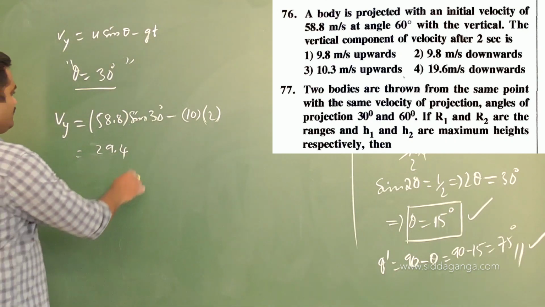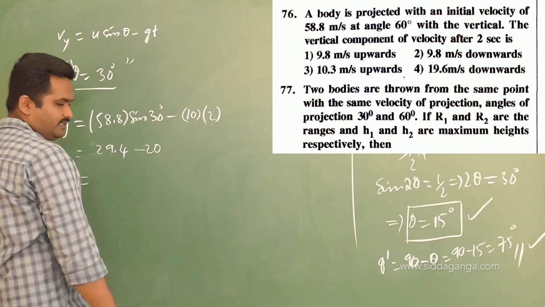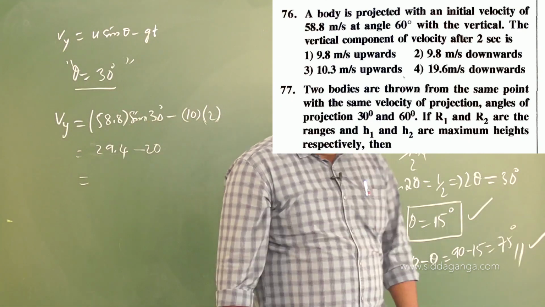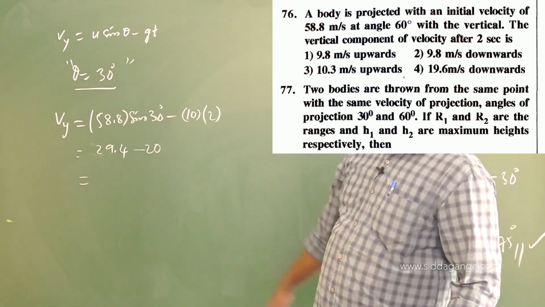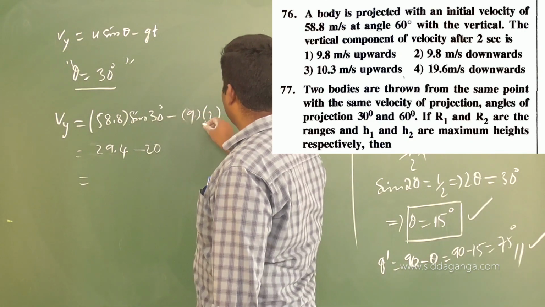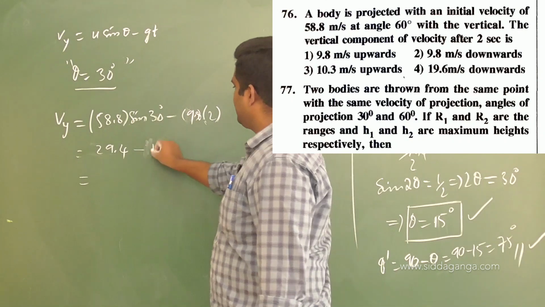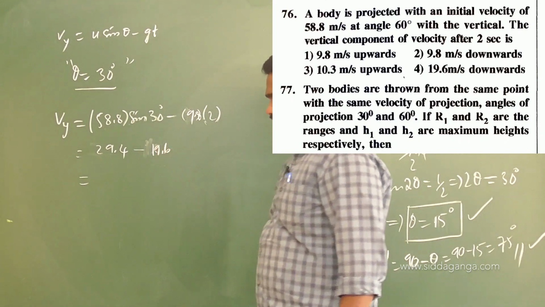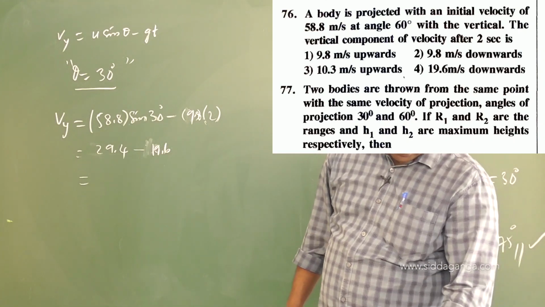Okay, minus 20 if you take, how much you will get? 29.4 minus 20. Which option have they given? I think they are given in terms of 9.8 here. Then it will be 19.6, 9.8 into t square. This will become what? 19.6. Simplify, which of the options is nearer to that, 9.8 you will get there. I think you will get 9.8.